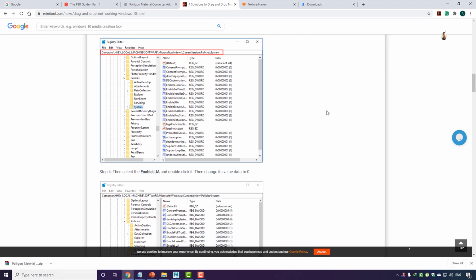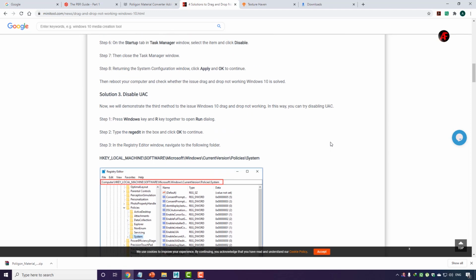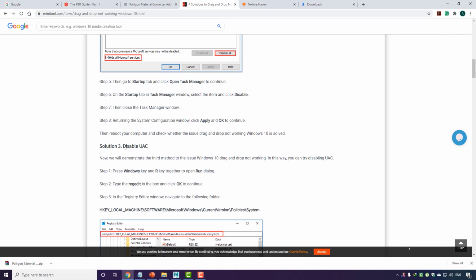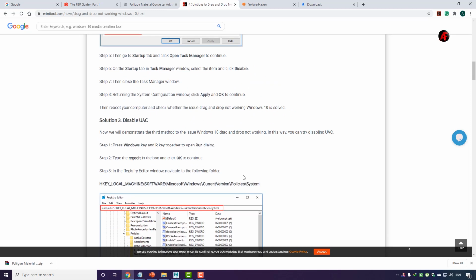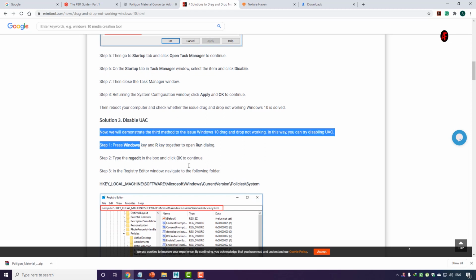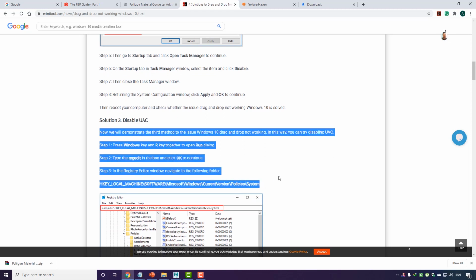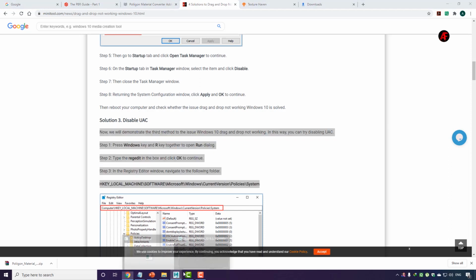I'm definitely going to give this link in the description. This is the third method, and I believe the third method is the best way to easily enable drag and drop in Windows 10. So please do refer to this method. That will help us to click and drag into Maya.